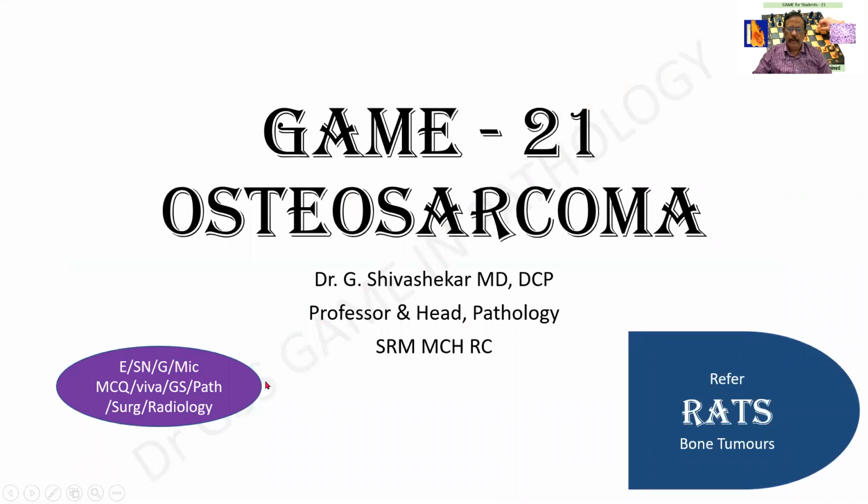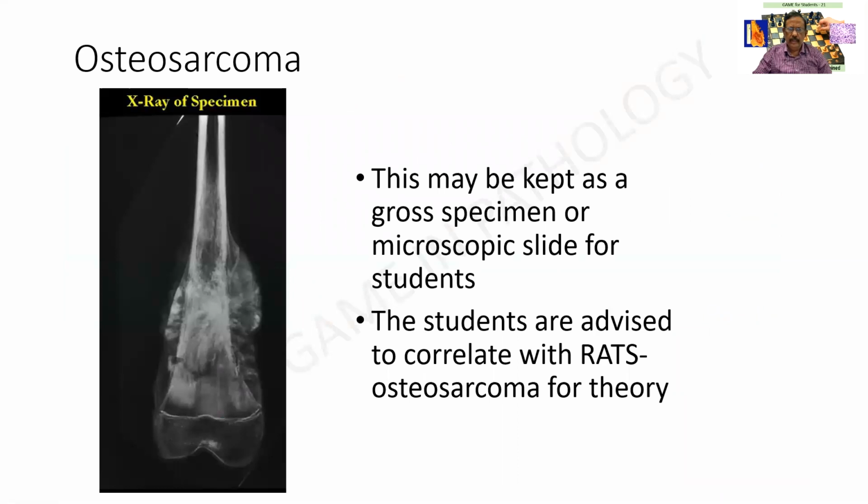Osteosarcoma. The importance of it is given in the enclosure. And for further reference, you can see the references. This is a radiological picture. I hope you people are able to see an elevation over here and there is some perpendicular bone formation. The periosteum is being elevated and this is classically described as the Codman's triangle. Though our pathology books will be giving it, it is more of a radiological sign.